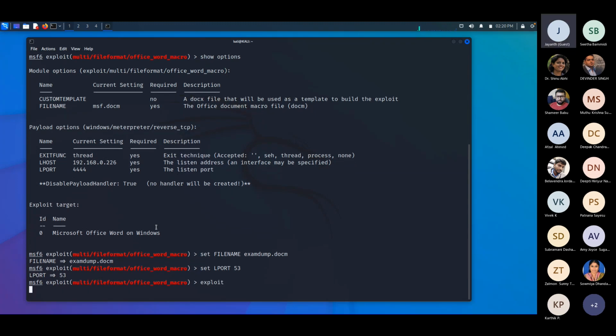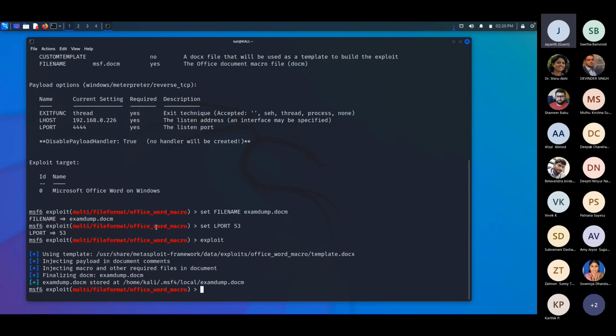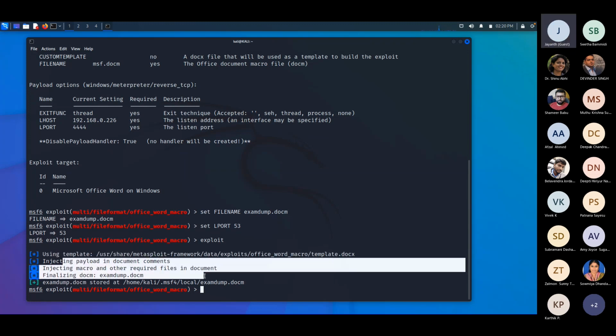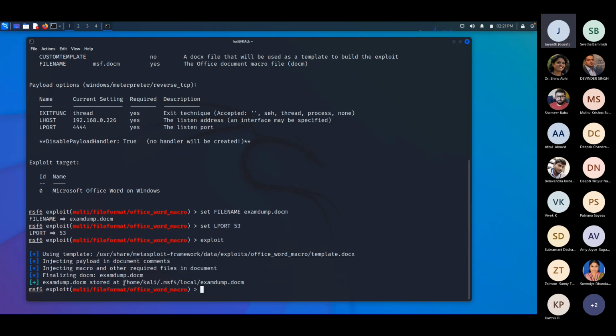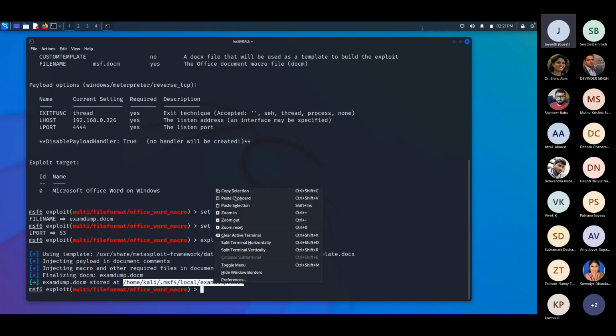Let us run this exploit. And as you can see, it completed the job. Nowhere it is telling that I started the reverse handler. So its job is to pick the template that is present as part of Metasploit installation, inject the actual payload into the macros, and finalize the document and put the document into this default location where Metasploit generally places all the files. All right. So I'm going to copy this particular document